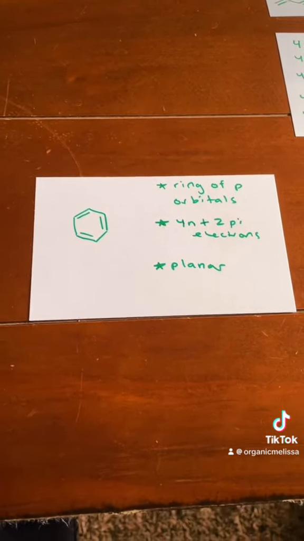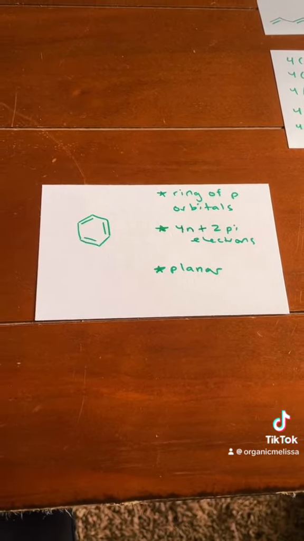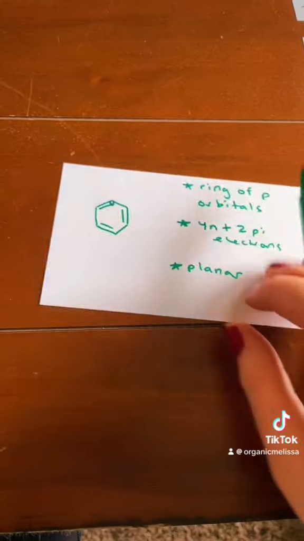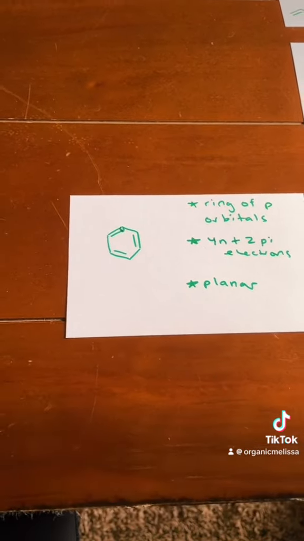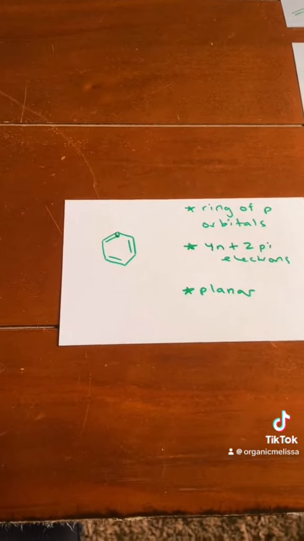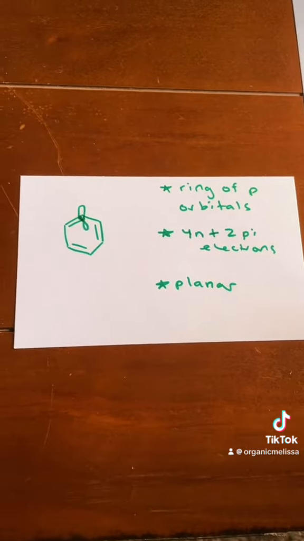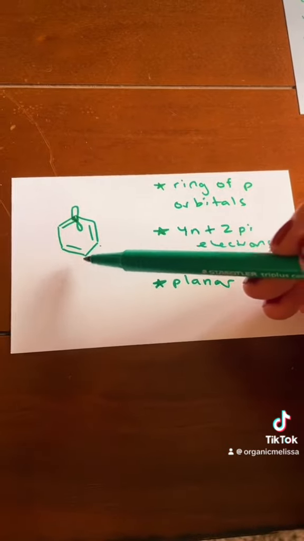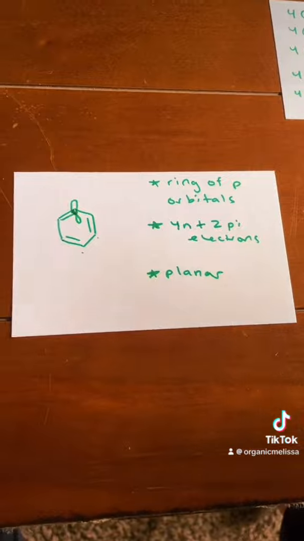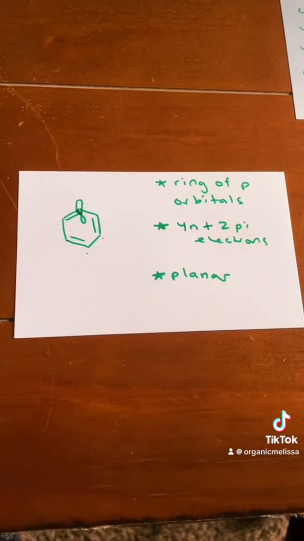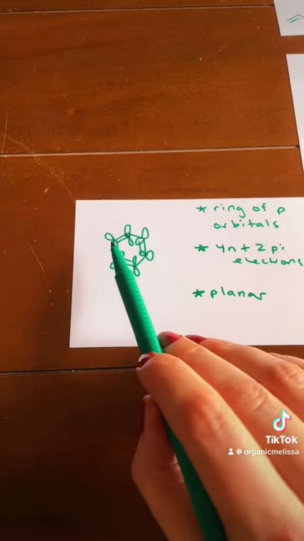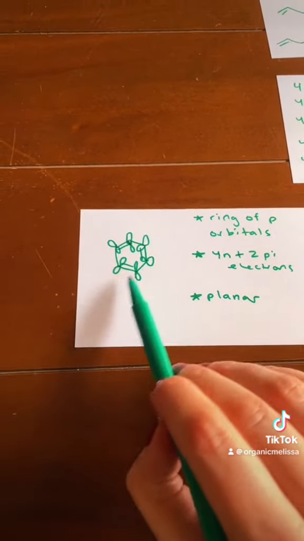So what do I mean when I say a ring of p orbitals? Well, if something's sp2 hybridized, like this carbon right here, that means there's a p orbital that's not being used in the hybrid system. There's an extra p orbital, so I drew that p orbital in. And actually all of these are sp2 hybridized, so all of those have an extra p orbital that's not being used in the hybridization. So I drew in all those p orbitals here so you can see there's an unbroken ring of